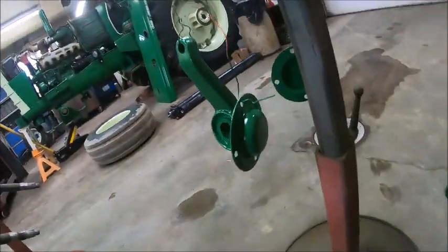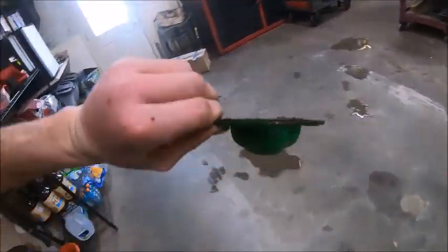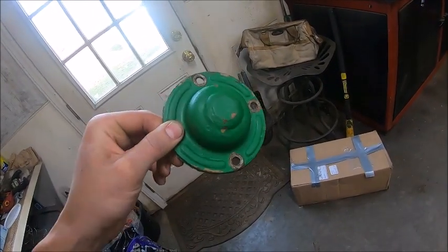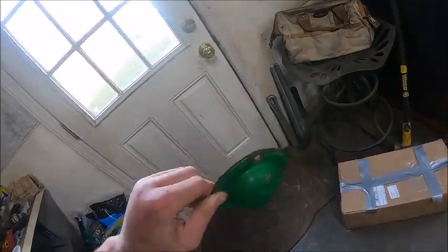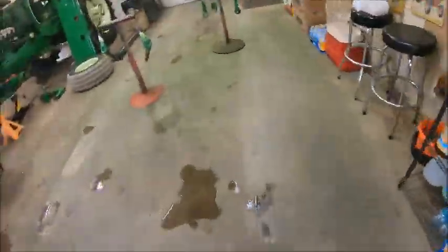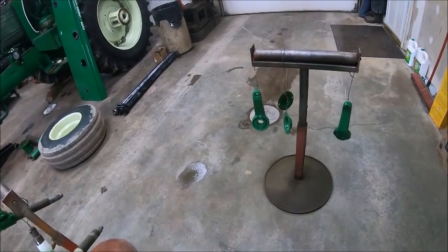Notice how these guys are flat. This guy is not. Apparently, at some point, the bearings went out in that side, and the wheel must have slid in, and the end of the spindle started rubbing a hole in the cap. So, had to shit can that, and luckily I had